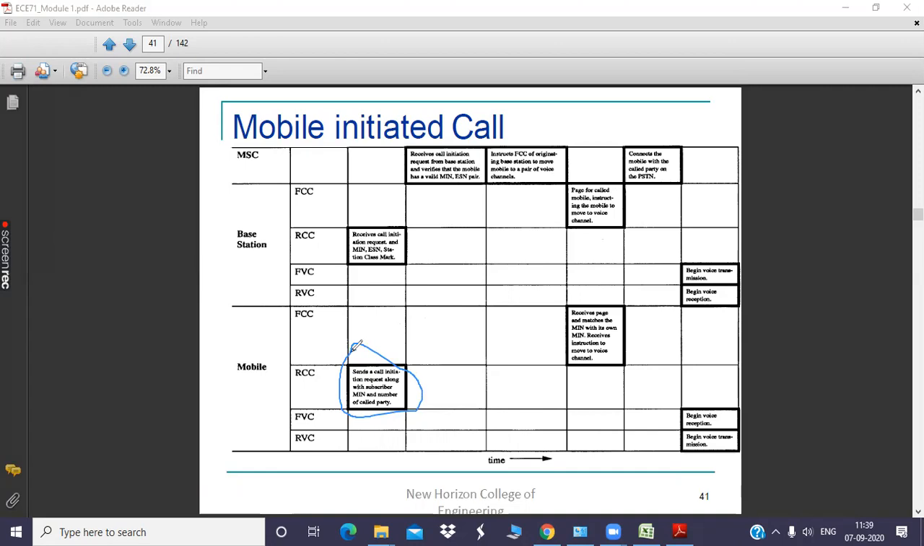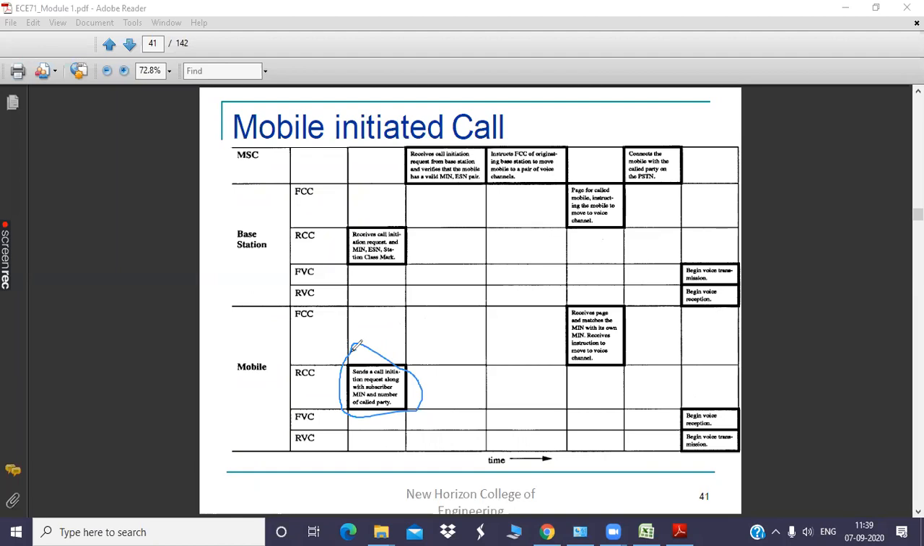Through which channel will he do this? Through the reverse channel, because the reverse channel is the channel that establishes communication from the mobile station to the base station. So by making use of the reverse control channel, because as of now we are requesting to establish a connection, we are not sending the actual voice message, we are requesting the base station to allocate a voice channel